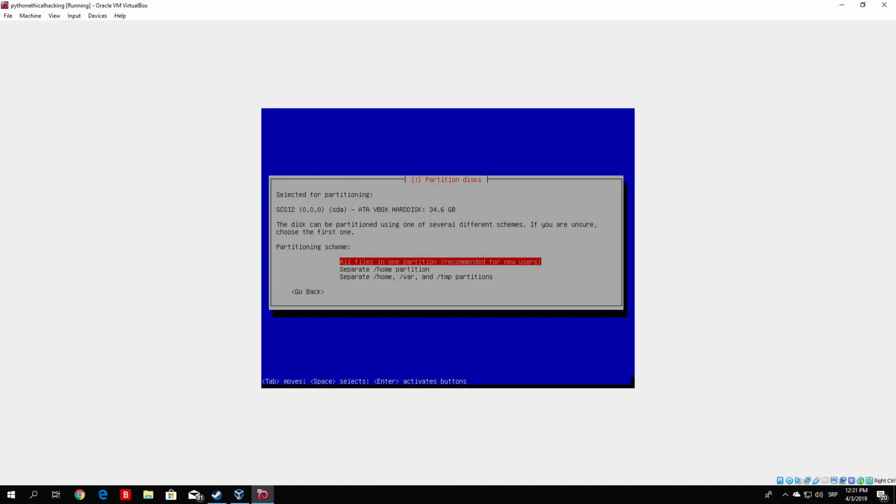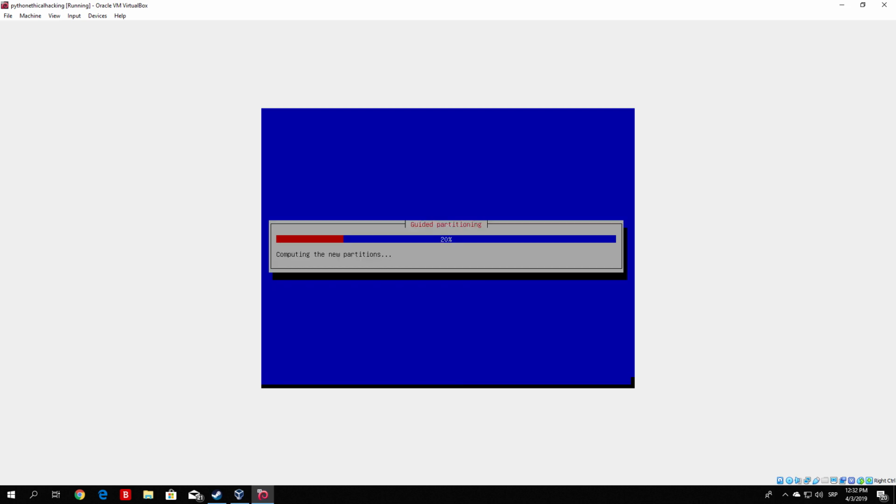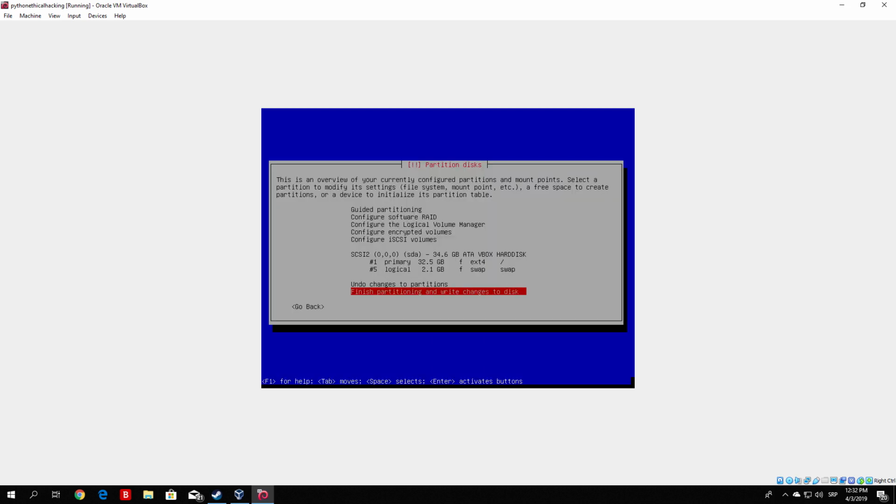And for this part right here, you want to select all files in one partition. As it says right here, it is recommended for new users, and if you're watching this video, you're most likely a new user of this, so you want to go with this so it doesn't present us any other problems. So just select all files in one partition, click enter, and right here click finish partitioning and write changes